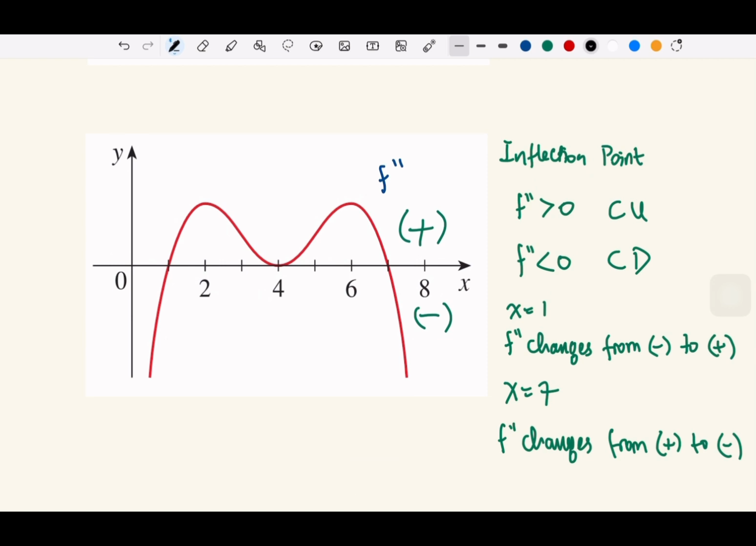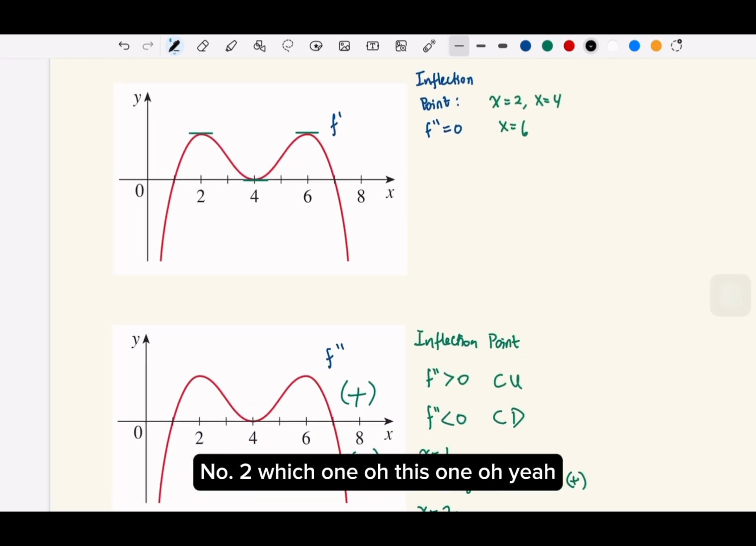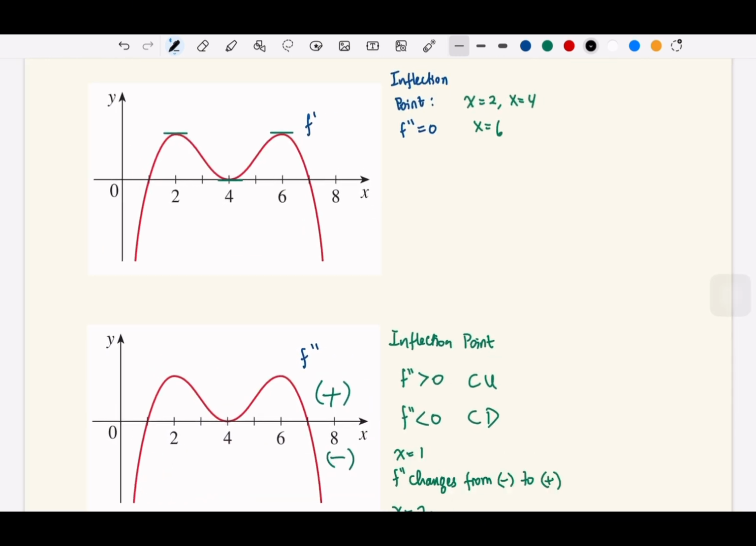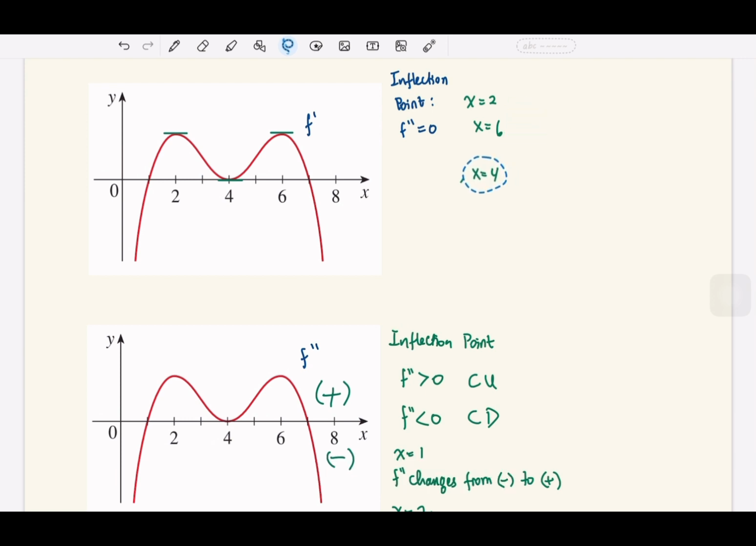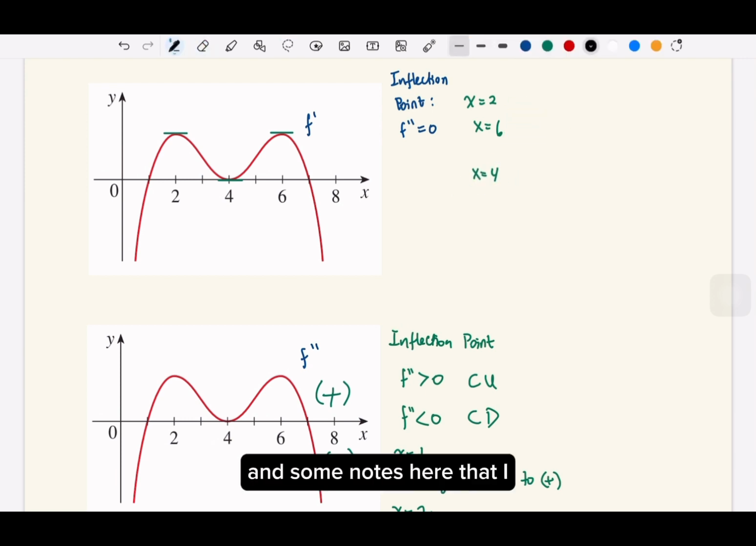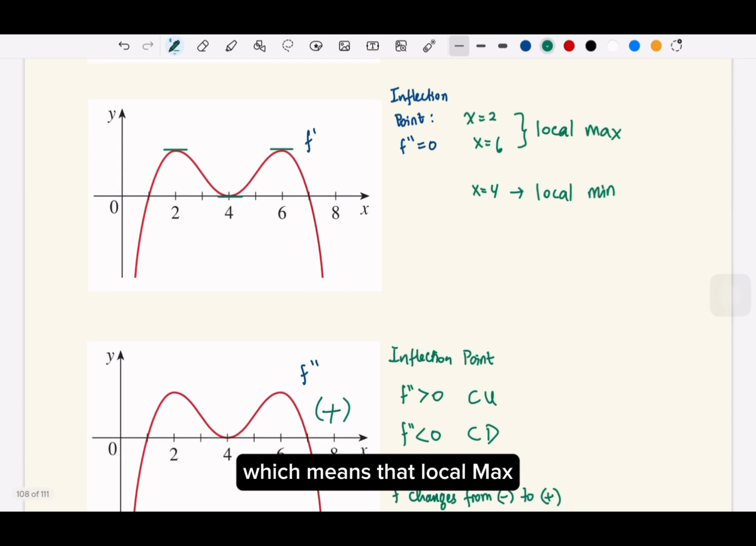Number 2, which one? Oh, this one? Oh, yeah. Maybe let me write. Let me give you some clue and some notes here that I didn't write. This is local max, right? And here is local min, which means that local max